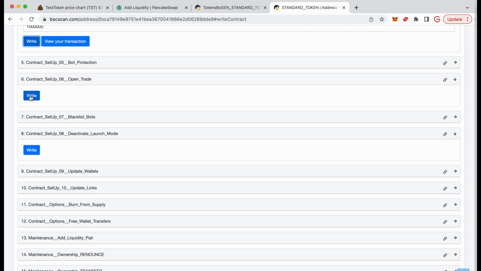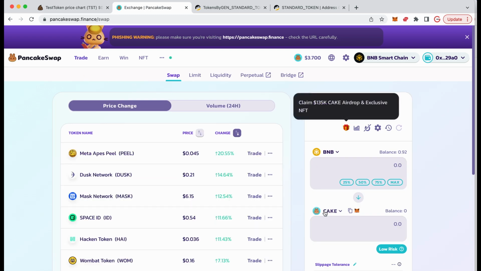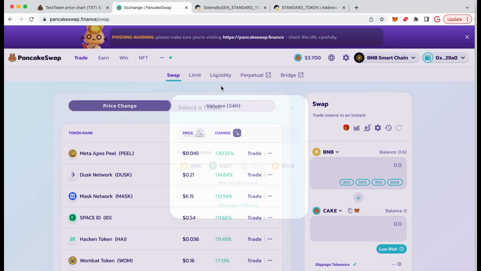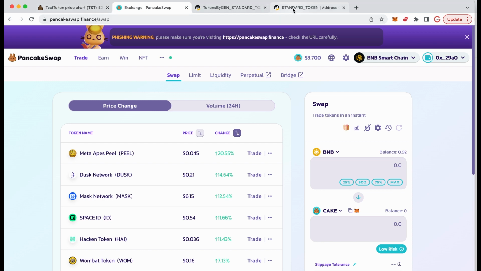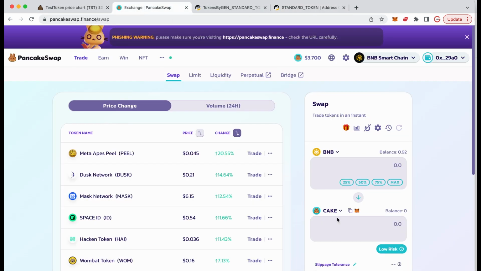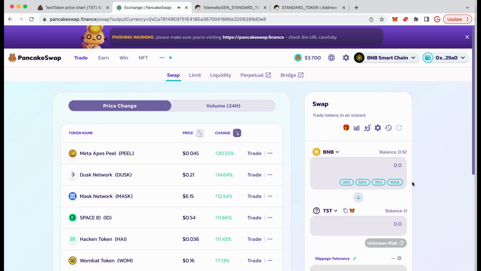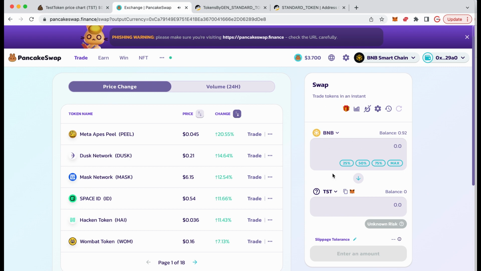So I'm going to set this up ready first of all. We want to go to the swap and put in our token address. So we've got that ready. We've got our BNB and our token so that we can buy some tokens when we come back over here in a moment. We've got to do it within the first minute though,